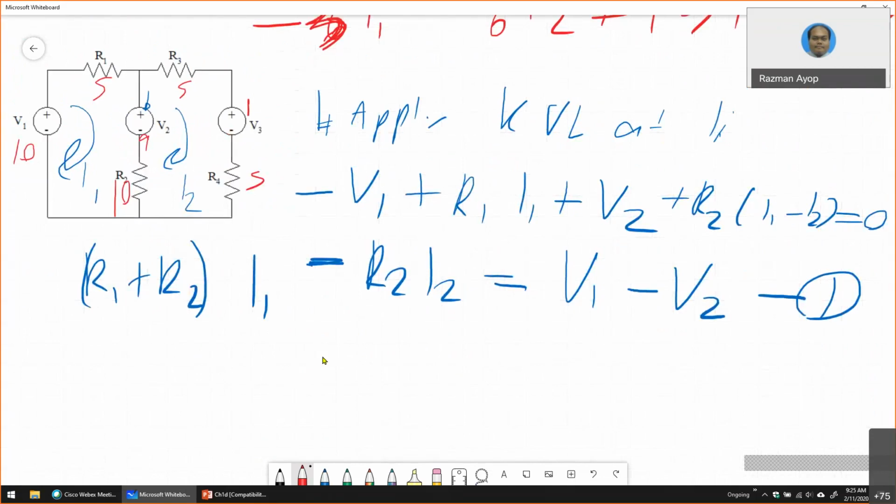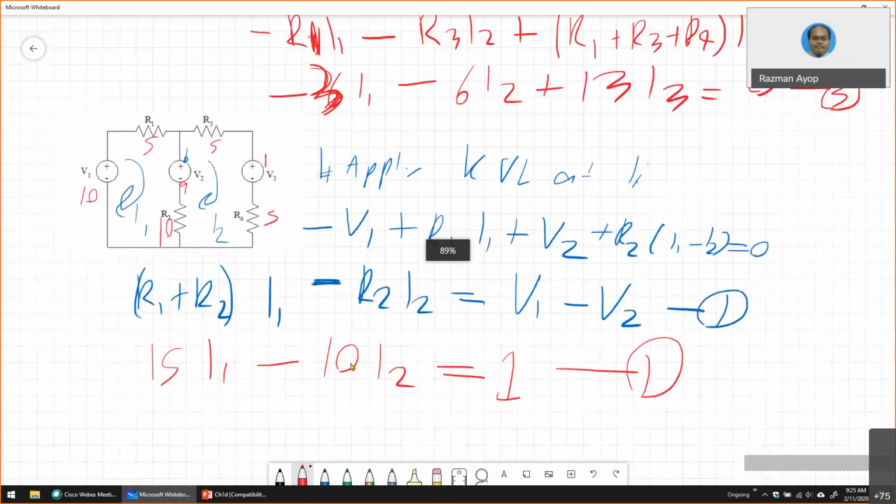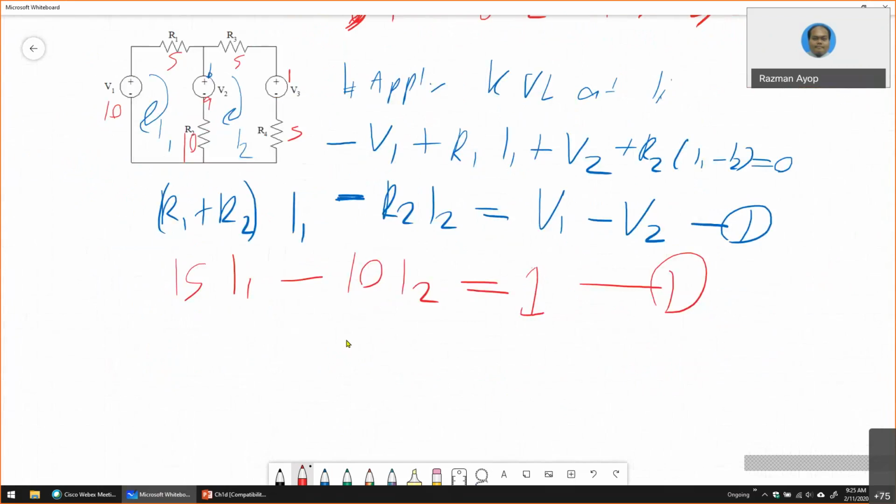R2 is 15, so 15 I1 minus R2 is 10, I2 equals to V1 minus V2, which is 1. Okay, you get the first simultaneous equation. Then for the second simultaneous equation, apply